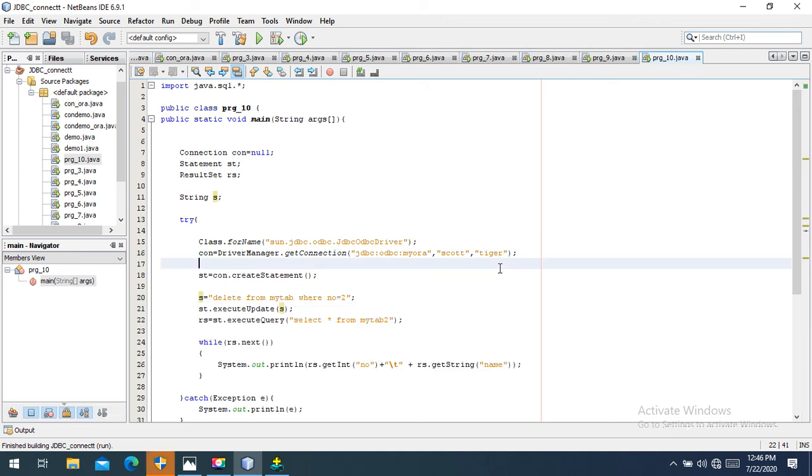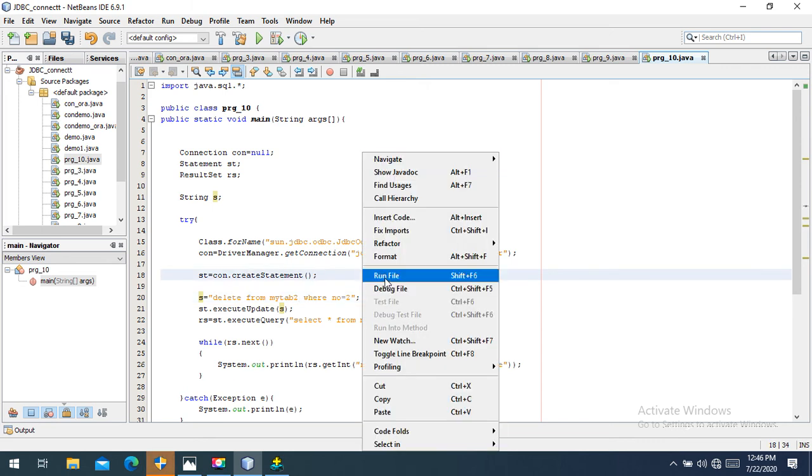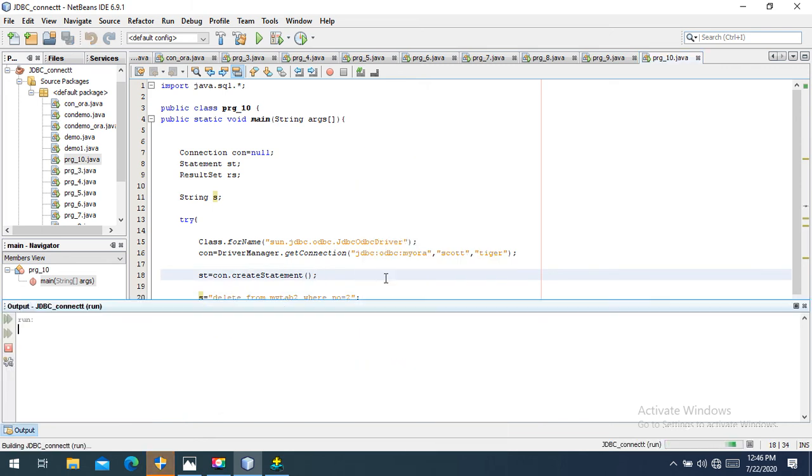Table or view does not exist. What happened? My tab 2 here, yes, exactly, my tab 2. We should write my tab 2. I wrote my tab instead of my tab 2. Run it once again. Yes, got the message. Clear? What we have done: delete from my tab where number equals 2. So you can see that in the result